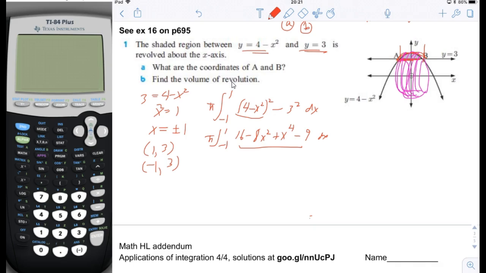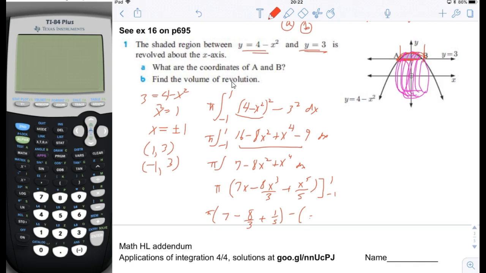And if I did 16 minus 9, it would be 7 minus 8x squared plus x to the 4th. And then we're going to take the integral of these terms. So it would be 7x minus 8x cubed divided by 3 plus x to the 5th divided by 5. And we're going to integrate from negative 1 to 1. And let's substitute in 1 for each thing. So it would be pi times 7 minus 8/3 plus 1/5